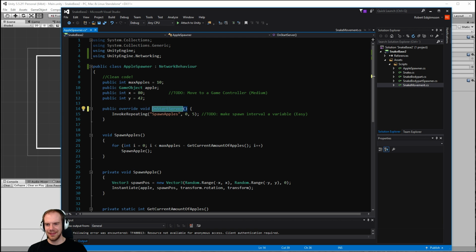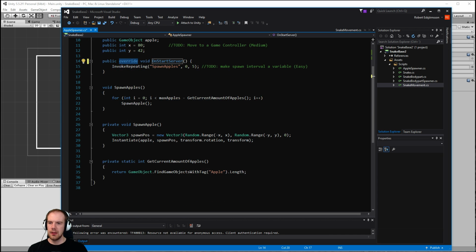I usually get those mixed up. So on start server, we need to override the default one. And when we are actually spawning apples, we want to send the spawn apple command over the network. So let's go